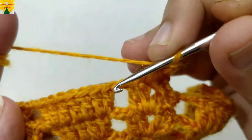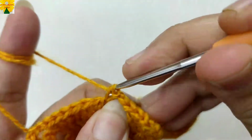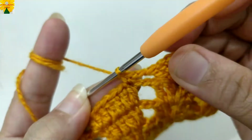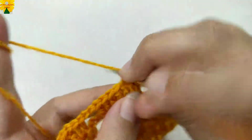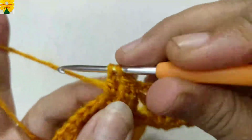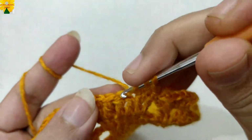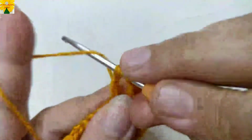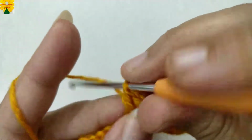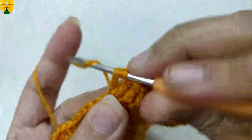Now on the top of the fourth stitch of the next cluster, insert the hook in, pull through 2. We have to make single crochet, yarn over on the top of the next stitch, double crochet 1, on the top of the next stitch, double crochet 1, on the top of the next stitch, wrap the yarn twice on the hook, treble crochet 1, into the same stitch, treble crochet 2,